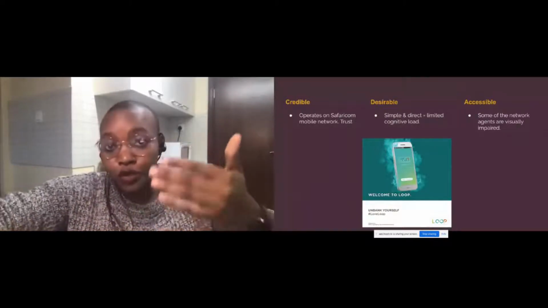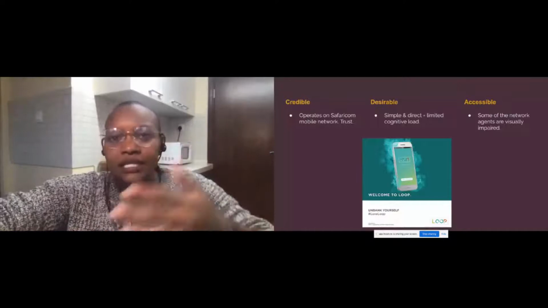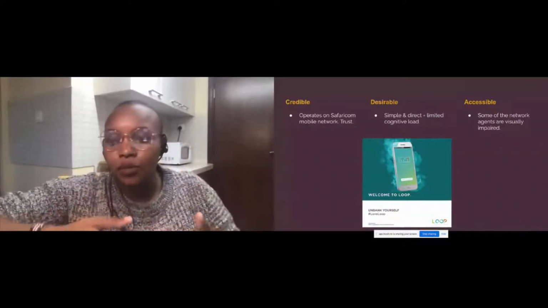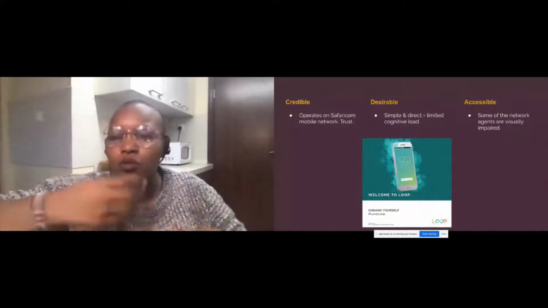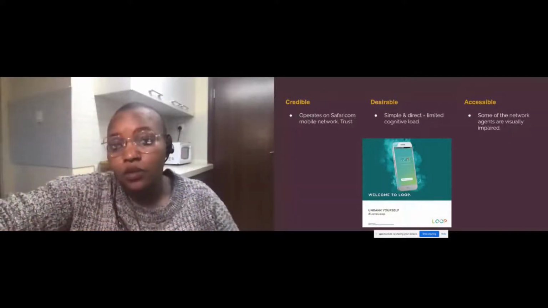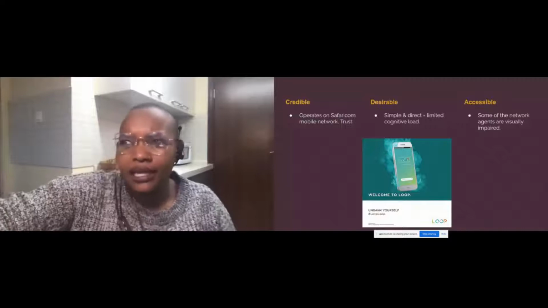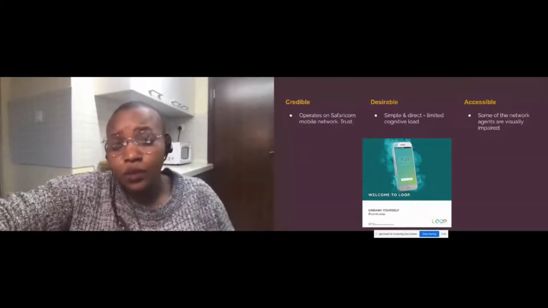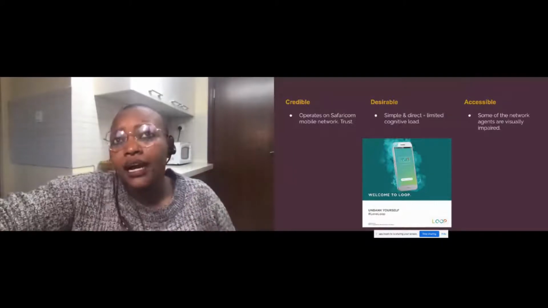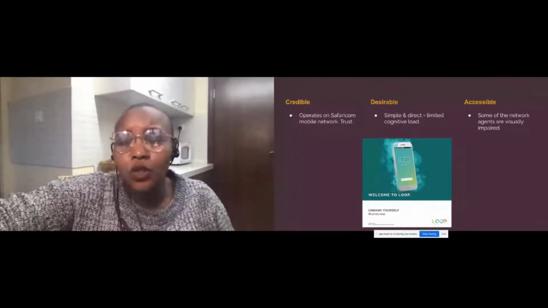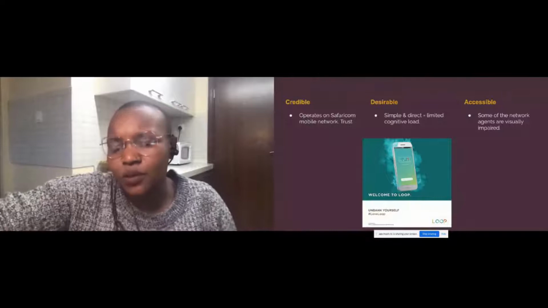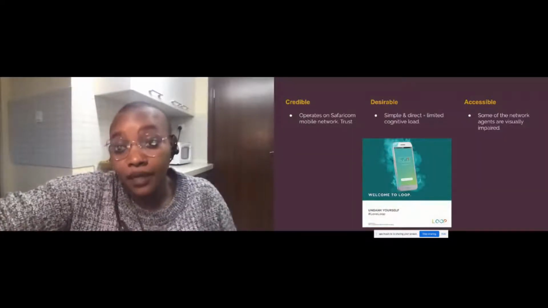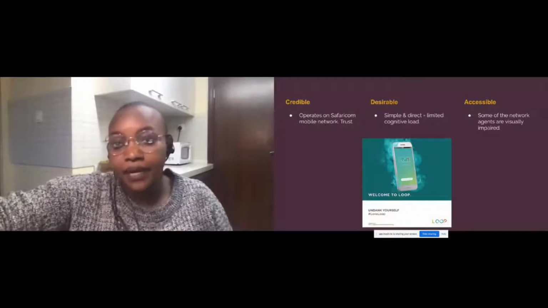So for M-Pesa, we actually have some visually impaired persons who are registered as agents in the agent network. That means that I could walk to an M-Pesa agent and a blind person could serve me, and they know how to do it because the steps are so simple. They also have software that reads out the instructions on their phone. They've mastered the keypad. So M-Pesa is continuously working on making that easy for both the person who's serving and the person who's using. And I think that's really cool.